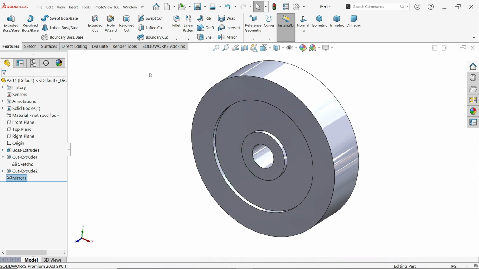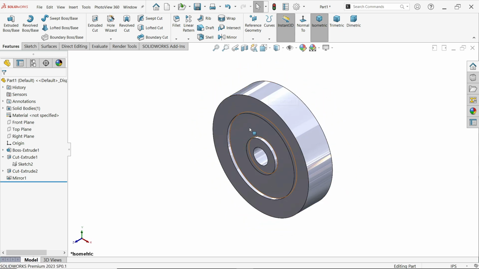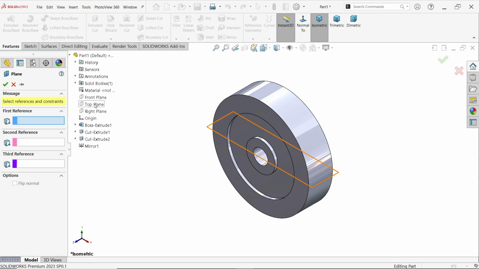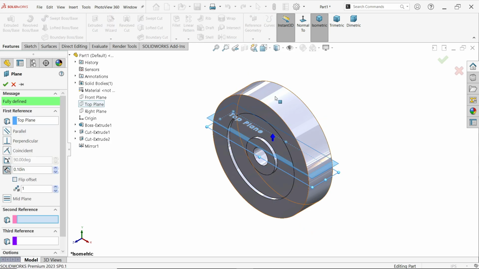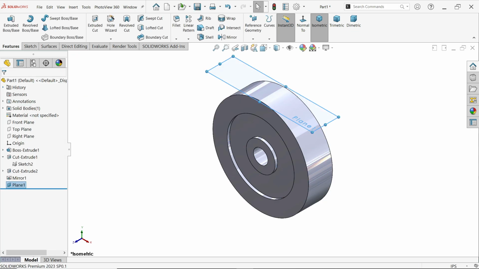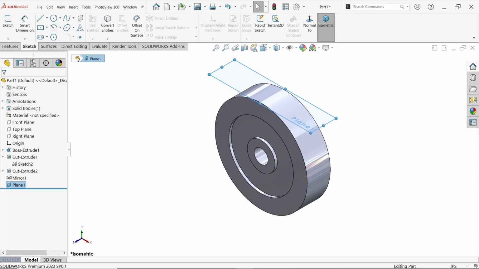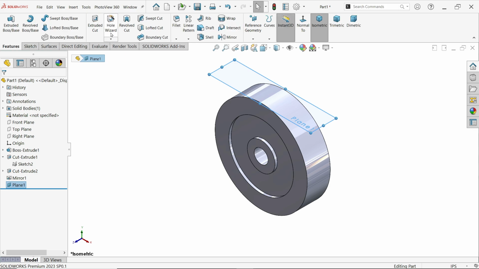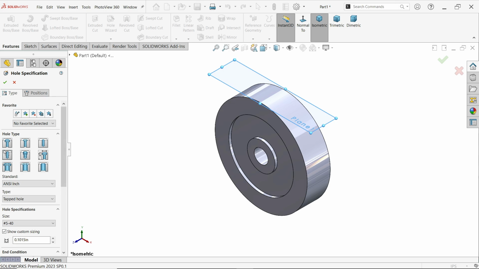Okay, let's do this. So I want to create a hole at the top, so we have to create one plane. Activate plane. First reference top plane. Then for the second one directly choose this one. Parallel. Okay, that's enough parallel. Now go to feature and activate extruded hole wizard. Okay, now here